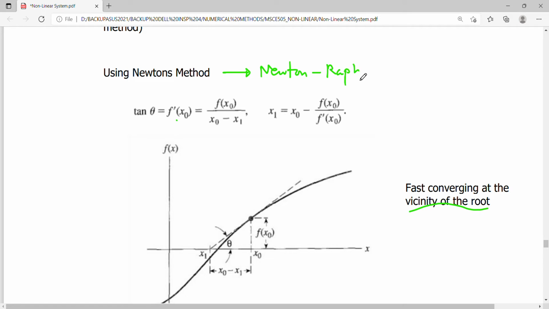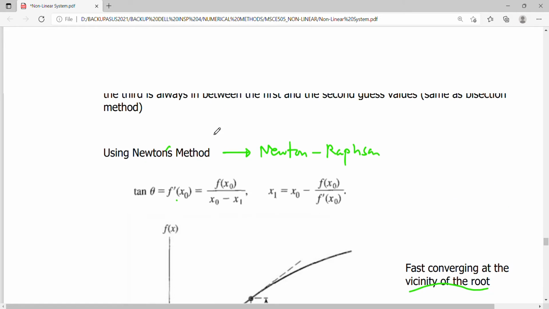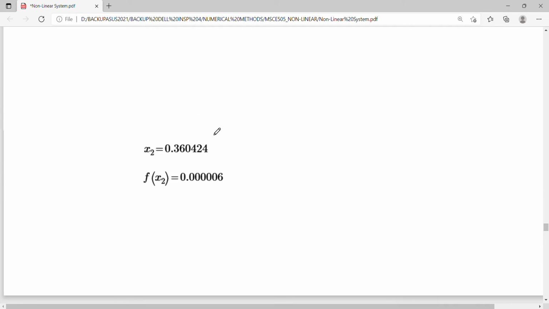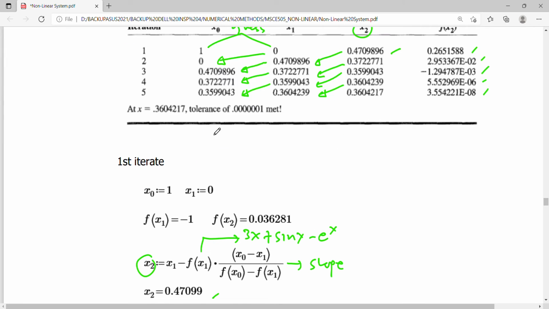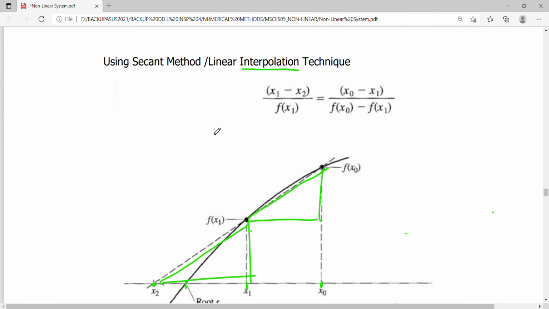Okay, so the difference between the last method, the second method, or the linear interpolation method, is that I need